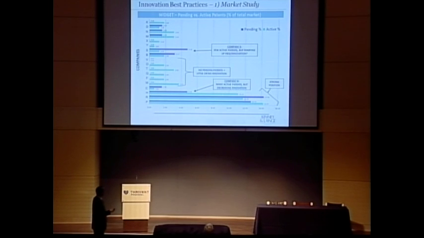Company H, they have a lot of active patents, but for some reason their pending application percentage is really decreasing in the overall market, which means that their R&D investment is probably waning. And we actually figured out, you know, this is anonymous data, but we figured out that the reason was because this company